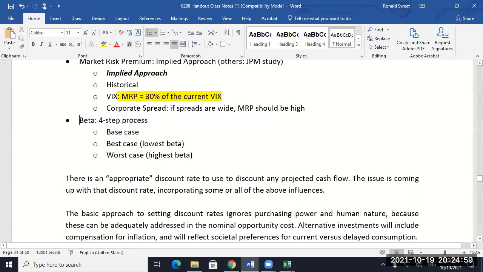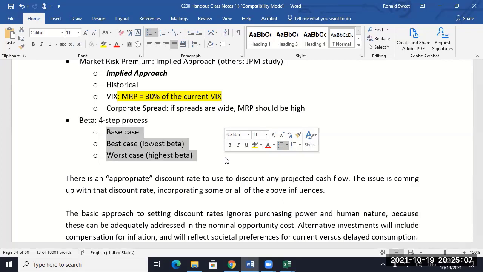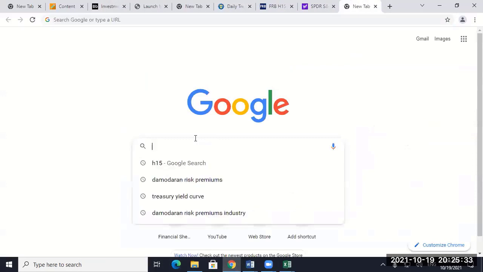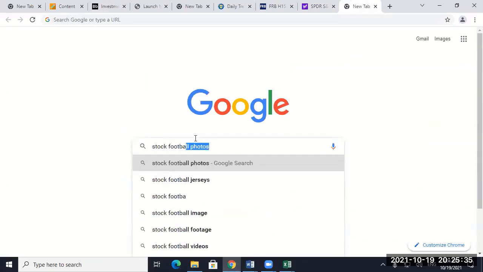And then what you're going to do, and this is very, very important, is I want you to have scenarios. All right. So I do not believe a stock has a value, even though I know the sell side does that. They have a target price. I don't believe in target prices. I believe in target ranges, a distribution of values. So at a minimum, I want you to have a base, a best, and a worst case. And I'm actually going to encourage you to do a data table, like if you took my investment class, have a data table, or you can have a distribution. Or what's even more popular today is the football field. Have y'all seen that?